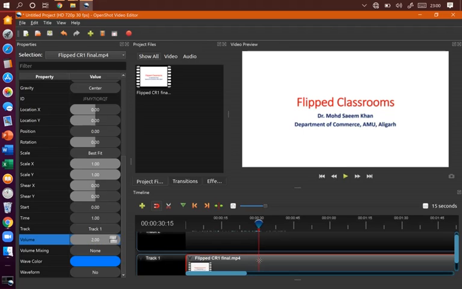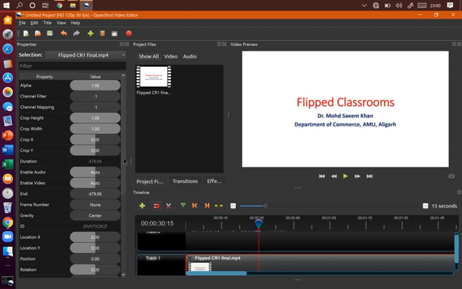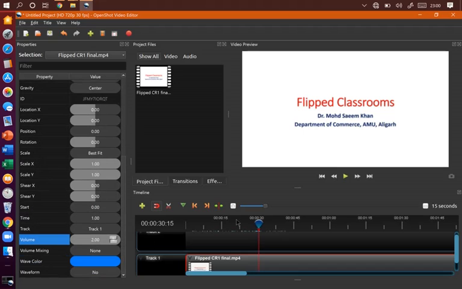So now what happened, that as this audio progresses, you'll find that up to this part the volume is 5 and after this part it is 2. This is how you can change your audio settings in different parts of your video.